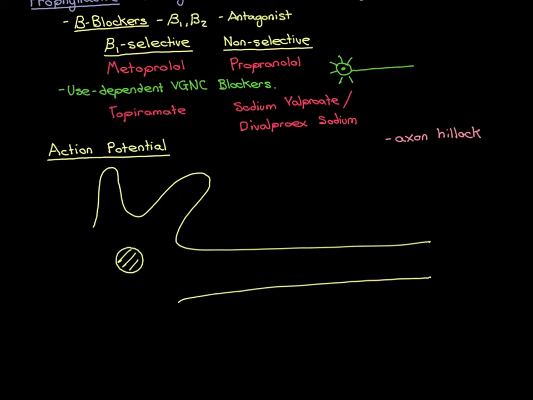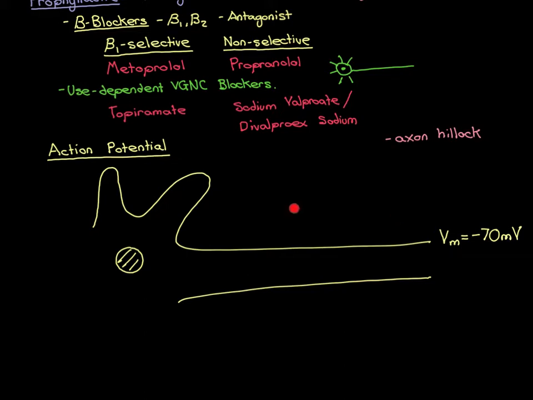Now, normally, the electrical potential difference across the cell membrane of the neuron is kept at resting electrical potential difference, and it is around negative 70 millivolts. So we call this VM for membrane voltage, and it's usually at negative 70 millivolts. And remember what this actually means. This means that the electrical potential in the intracellular fluid is 70 millivolts lower than the electrical potential in the